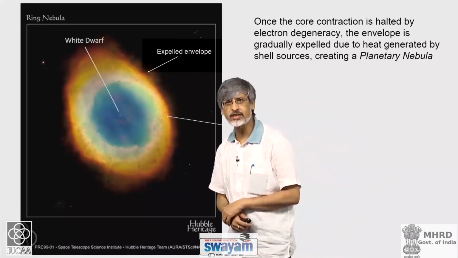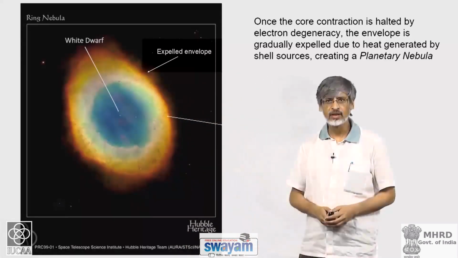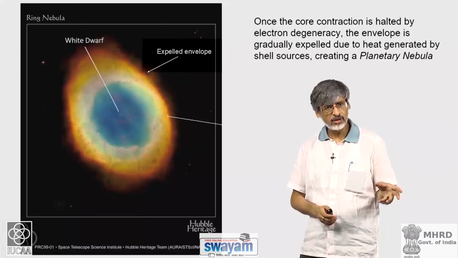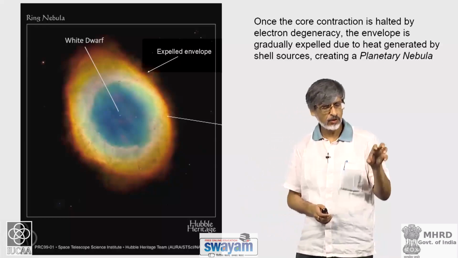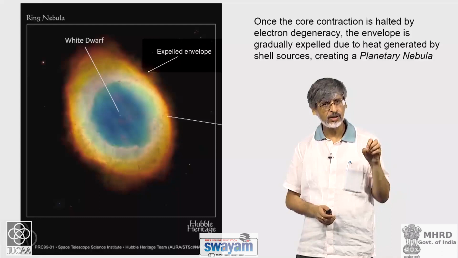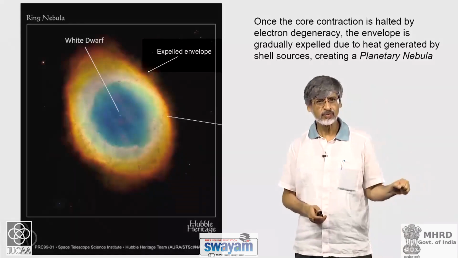So, once the core contraction is halted by electron degeneracy, the matter just around the core is still burning in a shell source, and this shell source is producing energy. The core is not contracting anymore. The energy deposited by the shell source goes towards gradually expelling the envelope that is around the core, and you then get into